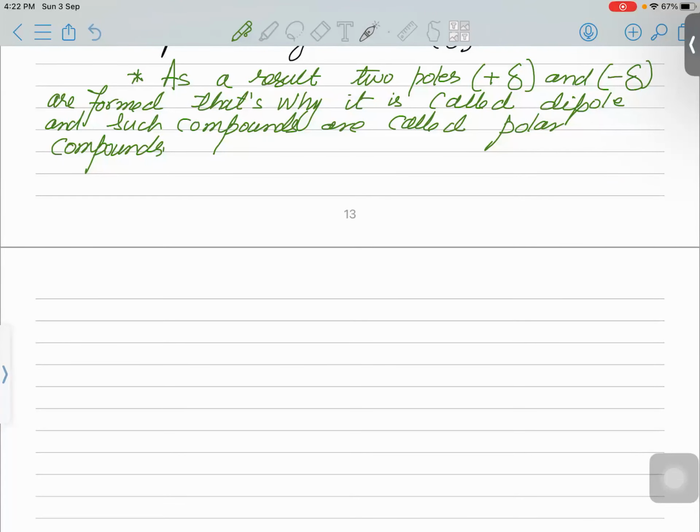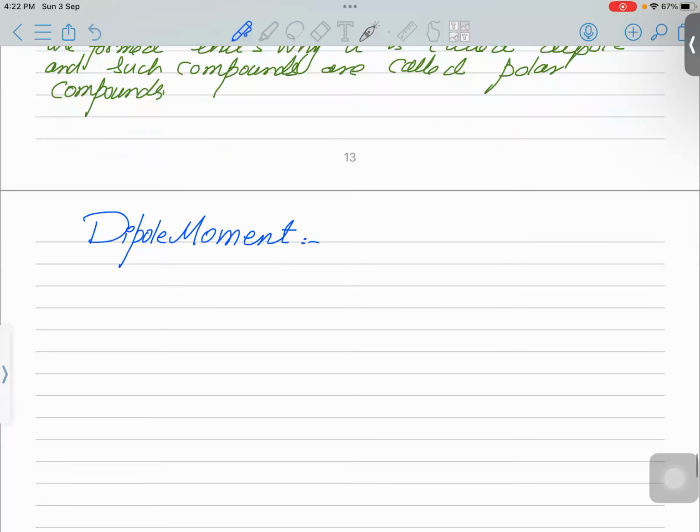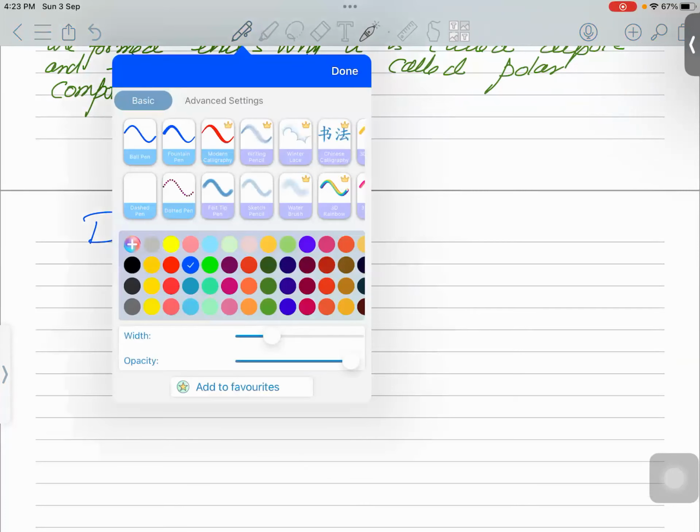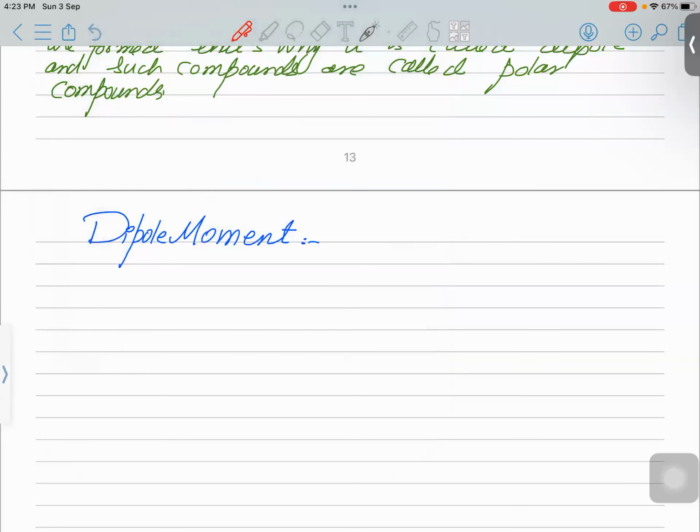Do you know what is moment? Have you studied it in physics? Moment or torque? Can you define it? What is moment in physics, or torque? Sir, it is the product of force and distance, and the distance should be perpendicular. Yeah, very good. Perpendicular distance. Similarly, dipole moment, it is the product